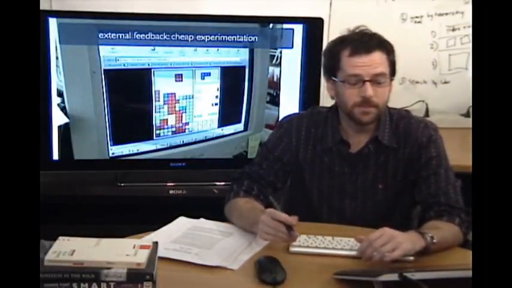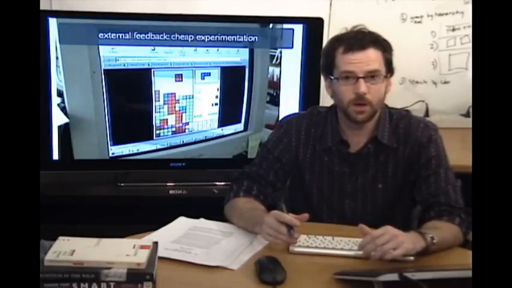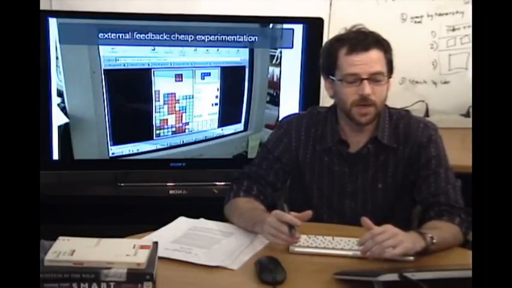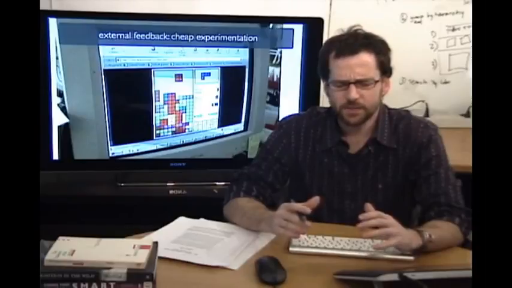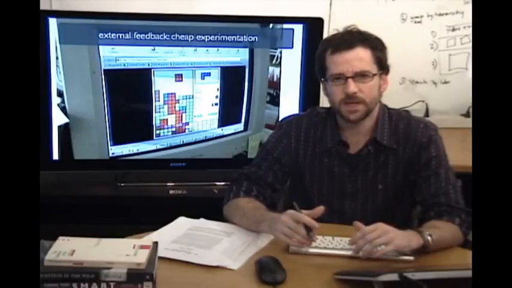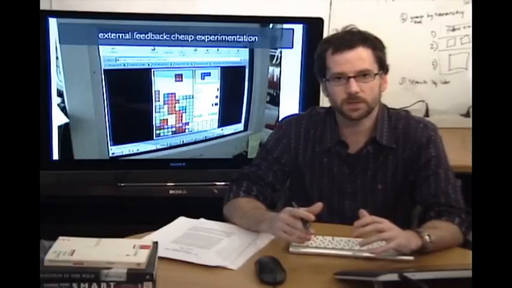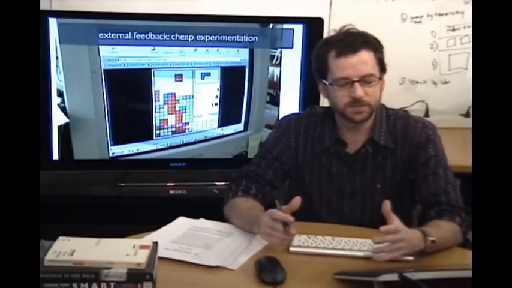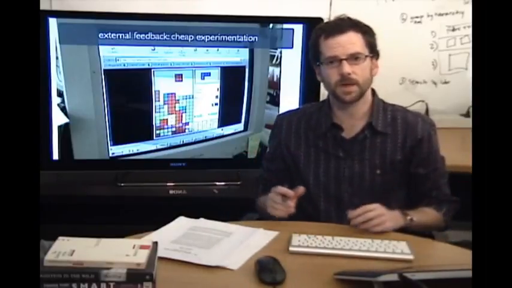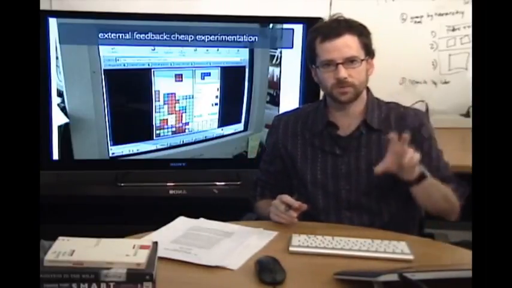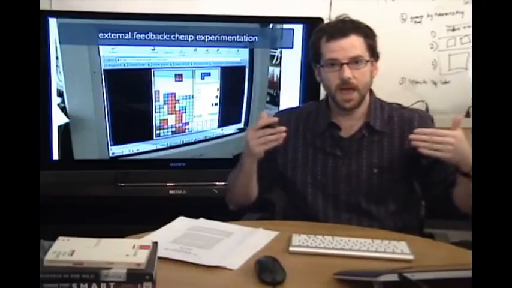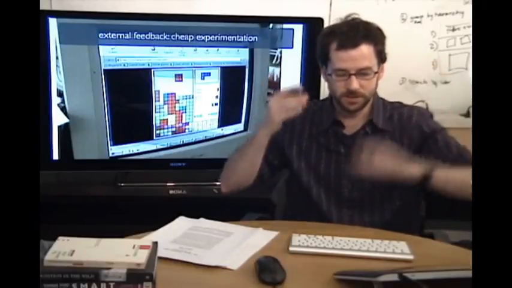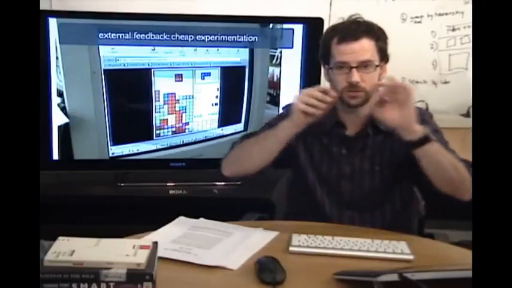Here's a video game that I bet many of you all know. This is the Tetris video game. And there was a very clever study that David Kirsh and Paul Maglio at UC San Diego ran, where they looked at Tetris players playing Tetris. And what they found was really interesting. In Tetris, as you may know, you can use keys to move objects around on the screen. And at a certain point, you can hit the space bar to drop the object and try and get a